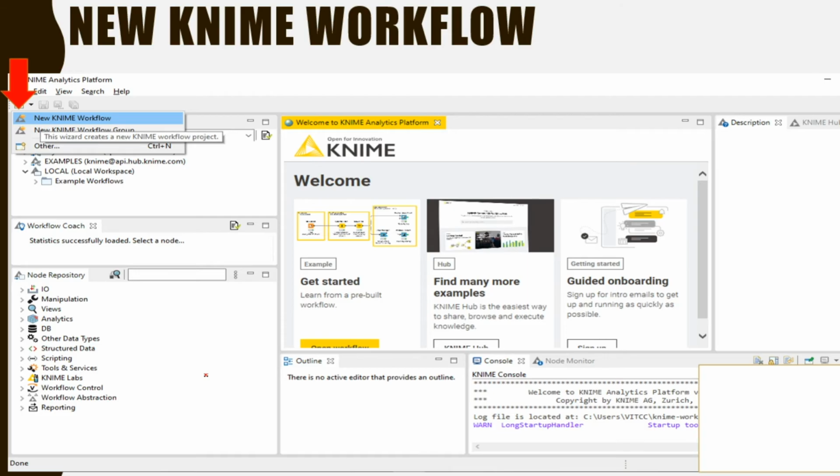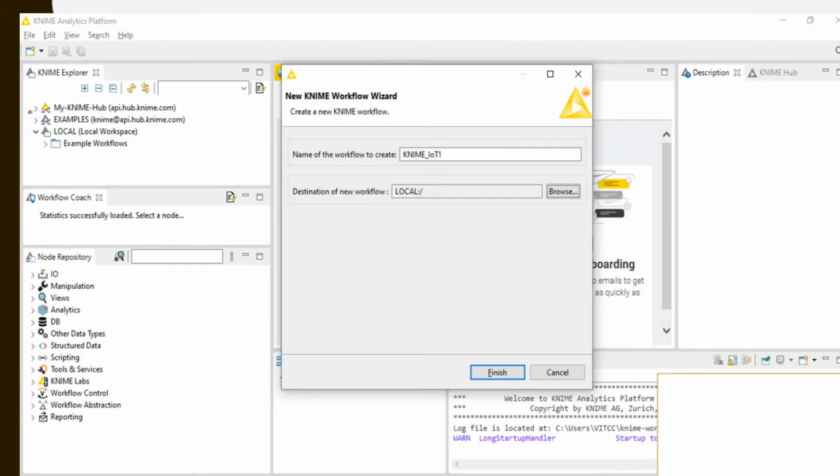On the left hand side you could see a box. You just click it, that is going to open a new KNIME window. So you just click this new KNIME window, then the workflow wizard will be opened. So here you can give the name. I have given KNIME underscore IoT1. Then you can store the local destination of your workflow. So here for the destination of the workflow, I am going to take the default.